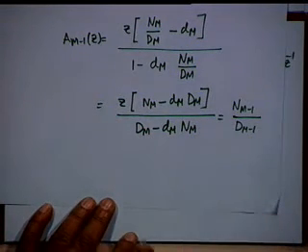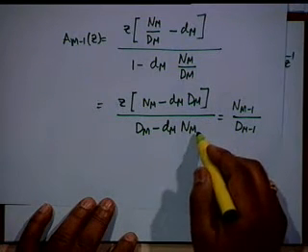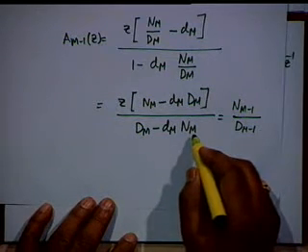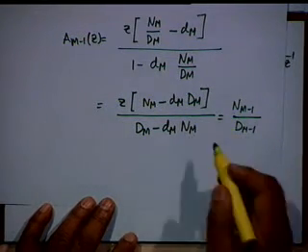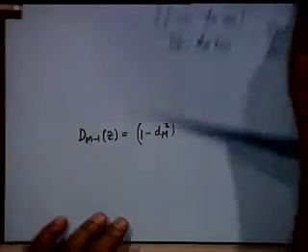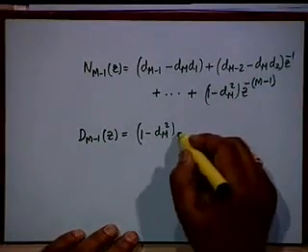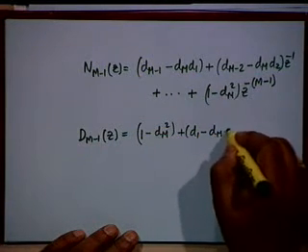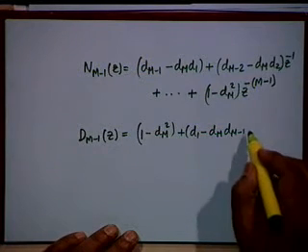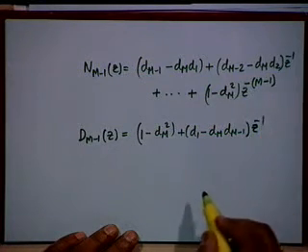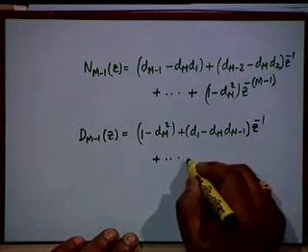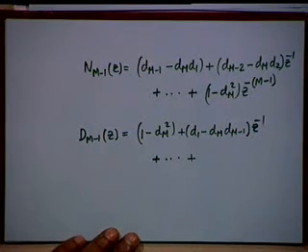I beg your pardon. The constant term in the numerator of A_m is d_m. So, d_m multiplied by d_m is d_m squared, 1 minus d_m squared plus d_1 minus d_m d_{m-1} z inverse plus etc., plus the z to the minus m term shall cancel.